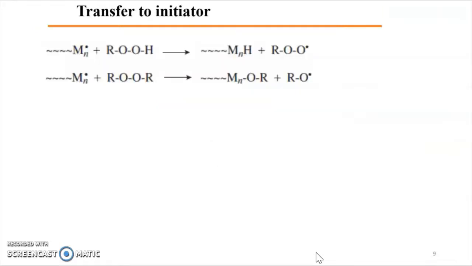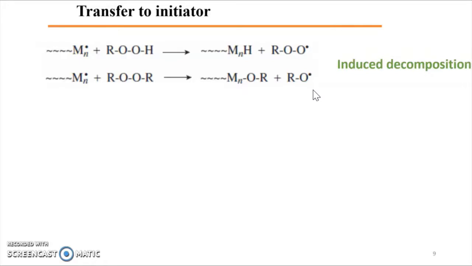So if I consider the different transfers that can occur in the medium during radical polymerization, first consider the transfer to initiator, and take the case of hydroperoxides or peroxides. Here we have formation of dead chains and regeneration or formation of a radical, and this radical surely has reactivity toward the monomer. This step can remind you of the induced decomposition